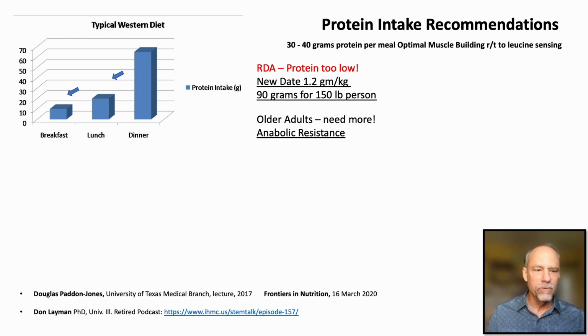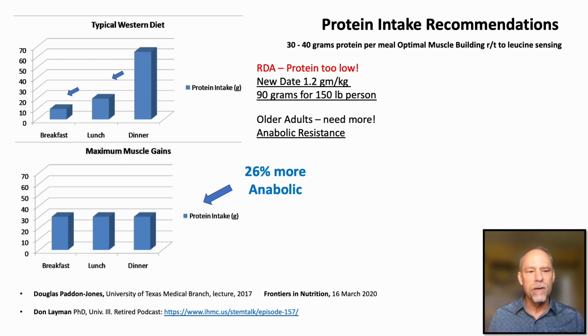In a typical Western diet, a person may have 5 to 10 grams with a bowl of cereal in the morning and then a light lunch, and they'll get most of their protein at dinner. This is not the best way to do it. It's not as effective. Rather, it's much better to get about 30 grams per meal, because every time you hit about 30 grams, you give a signal to the muscles to build. It comes back down. You get another 30 grams at lunch. It gives the muscle a signal to build.